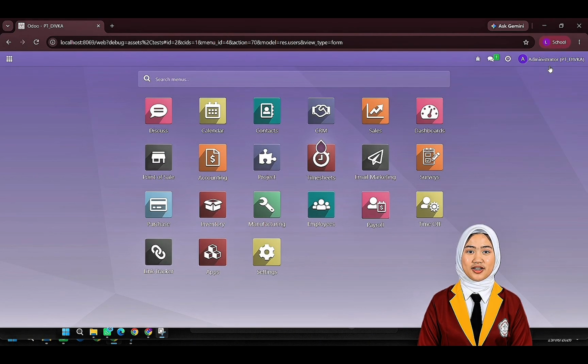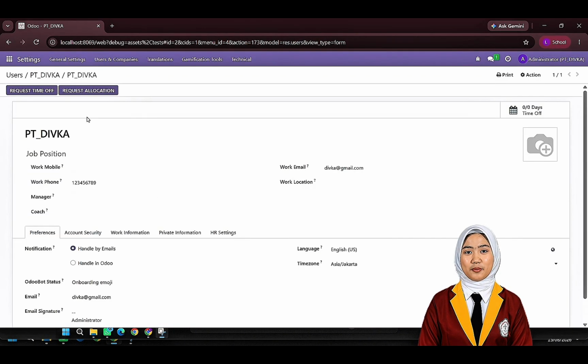Next, we will create the company profile. Go to Users and Companies, then select Companies. Click New at the top left corner. Enter the company name, for example,